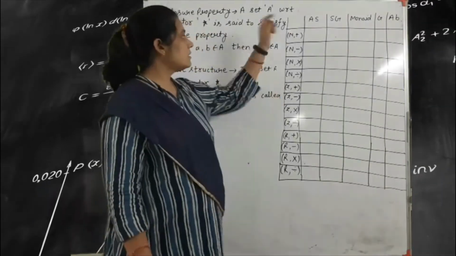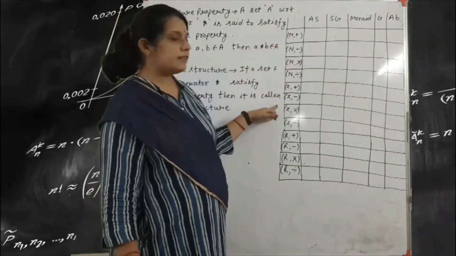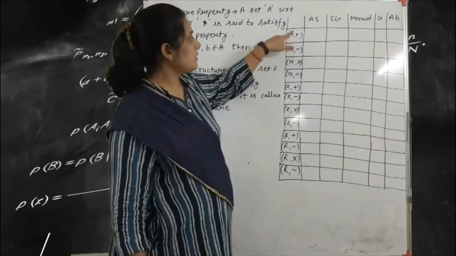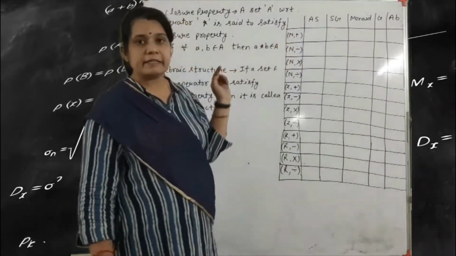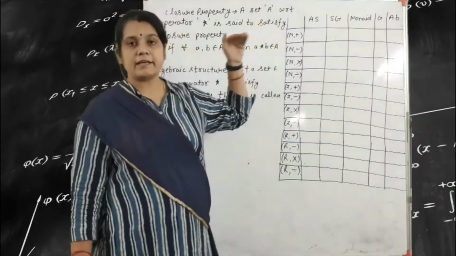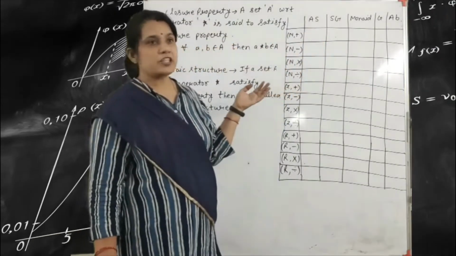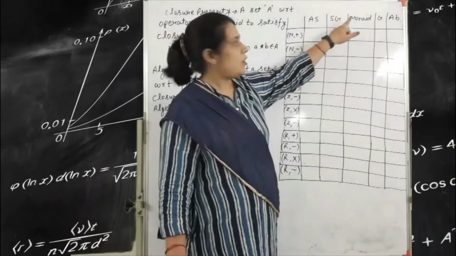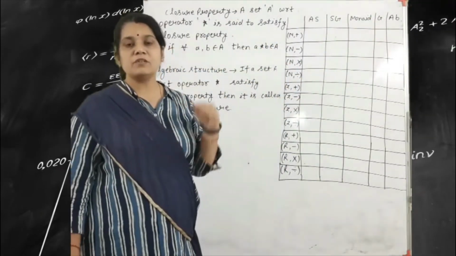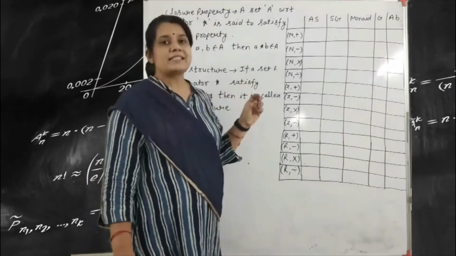Okay. Here we use different types of sets, that means the natural number set, the integers and the real number set, and the operators are plus, minus, multiply and divide. So one by one we use the different types of sets and operators, and we find out whether this is an algebraic structure, or a semi-group, or monoid, or group, or abelian group. So first we find out the closure property, that means the algebraic structure.